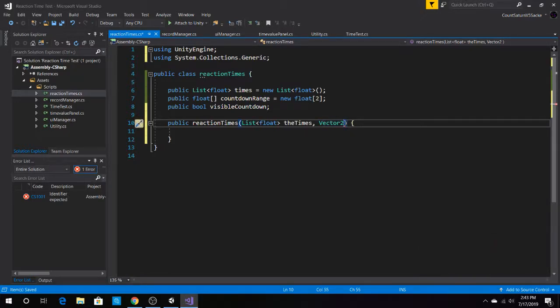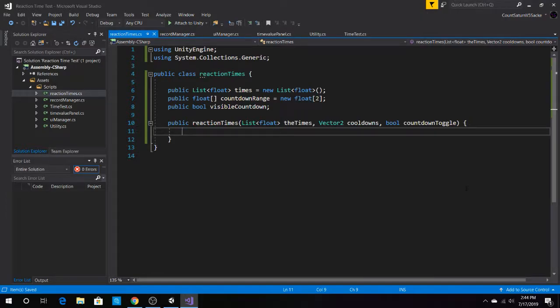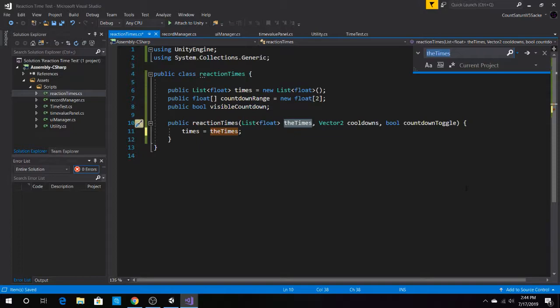Okay, we'll take a Vector2, and this one will be the cooldowns. And the last one we'll take is the boolean, the visible countdown toggle. Let me make sure that's not the same as, okay, countdown toggle. We'll just make it like that, and we'll make things very simple for ourselves. Times will be equal to the times, and actually I'll call this instead. Let's rename this to